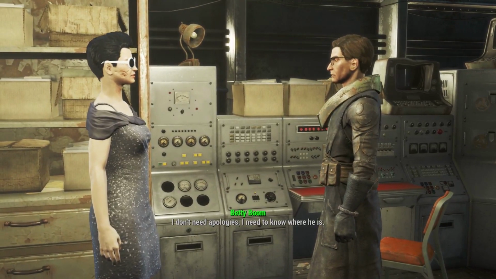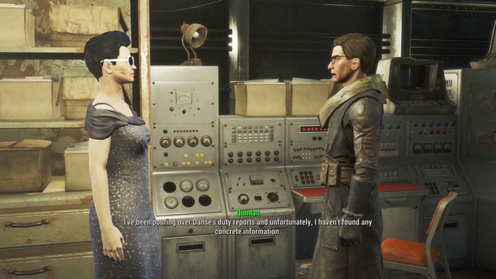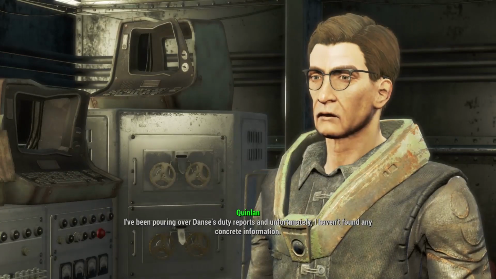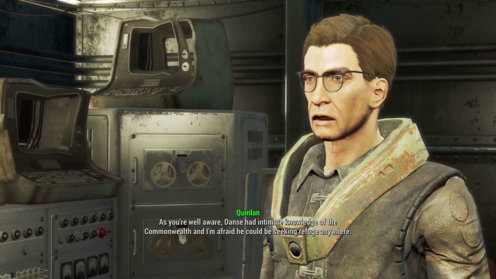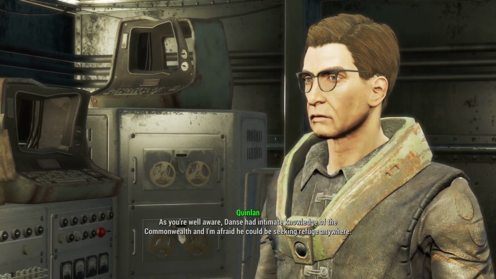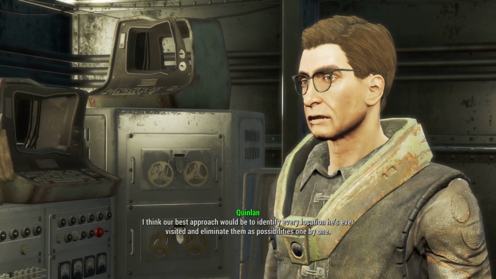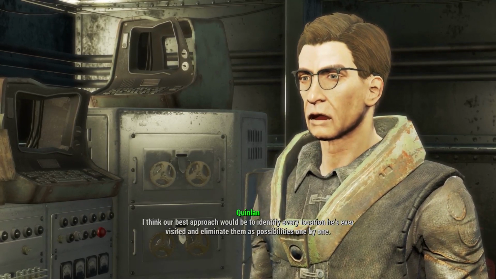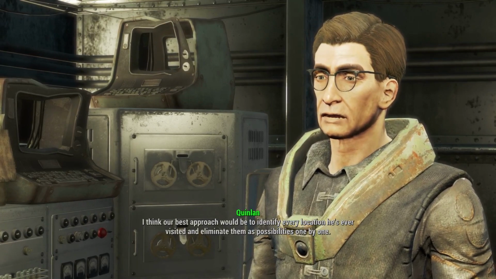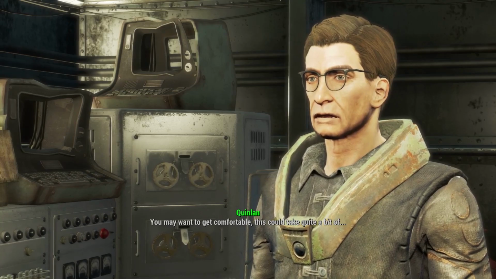I need to know where he is. Yes, you're quite right. I've been poring over Danse's duty reports, and unfortunately, I haven't found any concrete information. As you're well aware, Danse had intimate knowledge of the Commonwealth, and I'm afraid he could be seeking refuge anywhere. I think our best approach would be to identify every location he's ever visited and eliminate them as possibilities one by one. You may want to get comfortable. This could take quite a bit of...